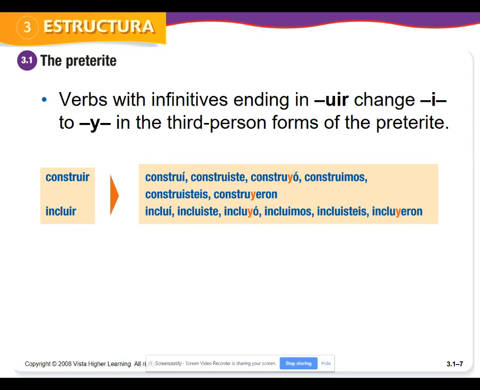Essentially, you have this combination as well. If you have verbs that end in UIR, again, it's going to be an irregular third person. So you have construyó, where if you didn't change it, it would be construió, and that, guys, is very difficult, and it would be incorrect. So let's just say for pronunciation purposes, that I is going to go to a Y in third person. Same thing here. You would have construieron if you didn't change it. All right, and then you have those three vowels running together.